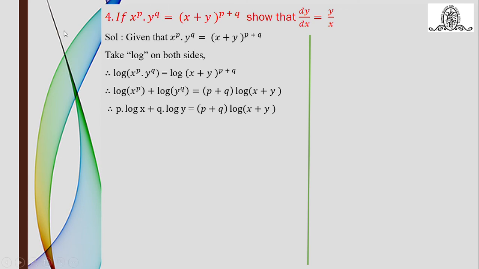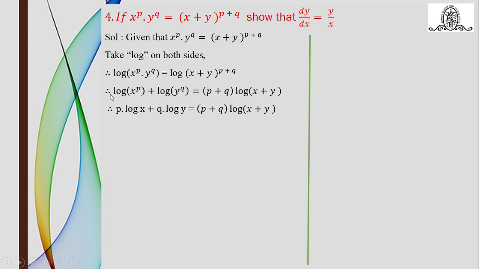So take logarithm once to both the sides. So log of the whole left hand side is equal to log of the whole right hand side. Now in the left hand side, which formula is applicable? It is log of a into b actually. There is one rule in logarithm that log a into b can be rewritten as log a plus log b. So this is log of x raised to p plus log of y raised to q. In RHS we have to use another rule from logarithm, that is log of m raised to n. So that p plus q, the whole index, gets shifted down, that is p plus q into log of x plus y it will be.